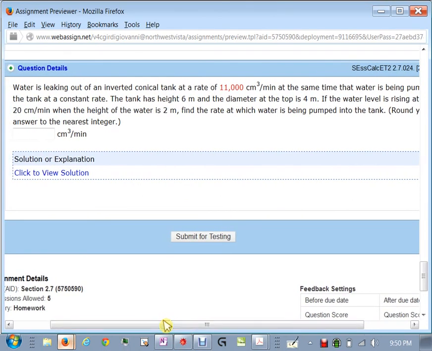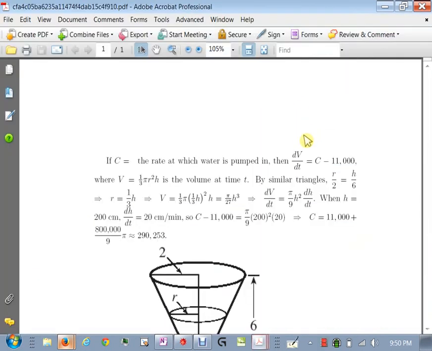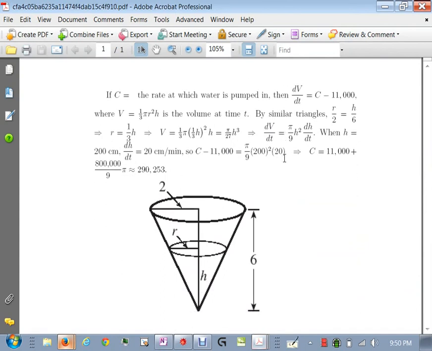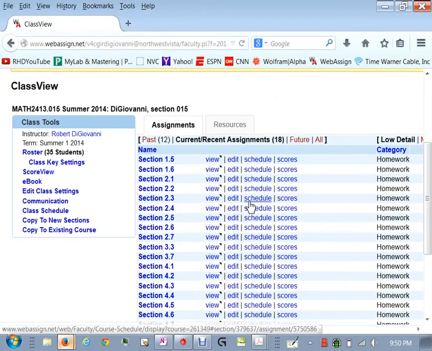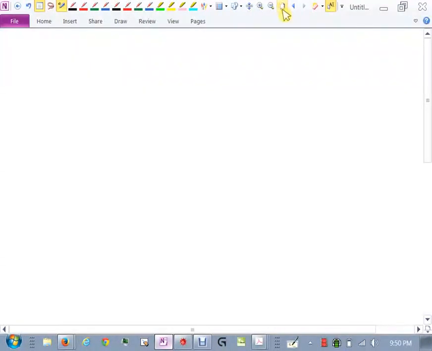All right, there's a lot going on in this problem. So let me start with a picture of a tank. It's a conical inverted cone. Let me see how much they give you as far as detail here. That's okay, but I think you got to see this problem. So start this out. I've got